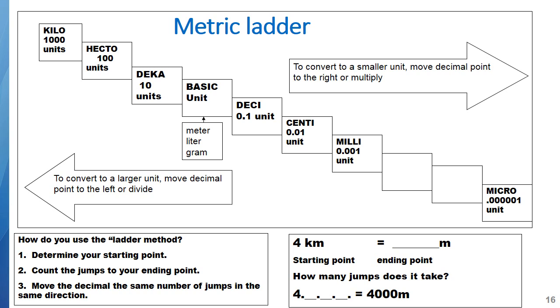What if I had 10 milliliters and I wanted to change that to centiliters? Well, if I had 10 milliliters, I move the decimal place 1 to the left to get to centi, so that would be 1 centiliter. 1 centiliter is the same as 10 milliliters. If I wanted to convert from kilometers to millimeters,